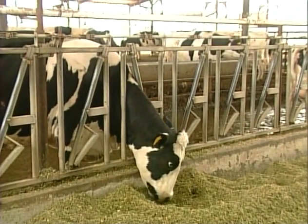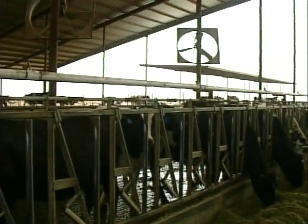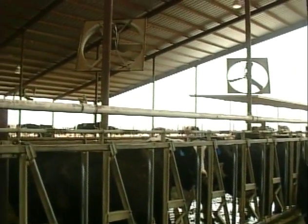And a lot of dairy producers neglect cooling in transition cows, especially on close-up and dry animals. And here in Central California, last year, for instance, we had 54 days over 100 continuously, and we focused heavily on making sure that we could cool these cows down to try and keep the dry matter intakes up as much as possible. And with the employment of fans and also a 2-inch soaker line above the feed alley here,